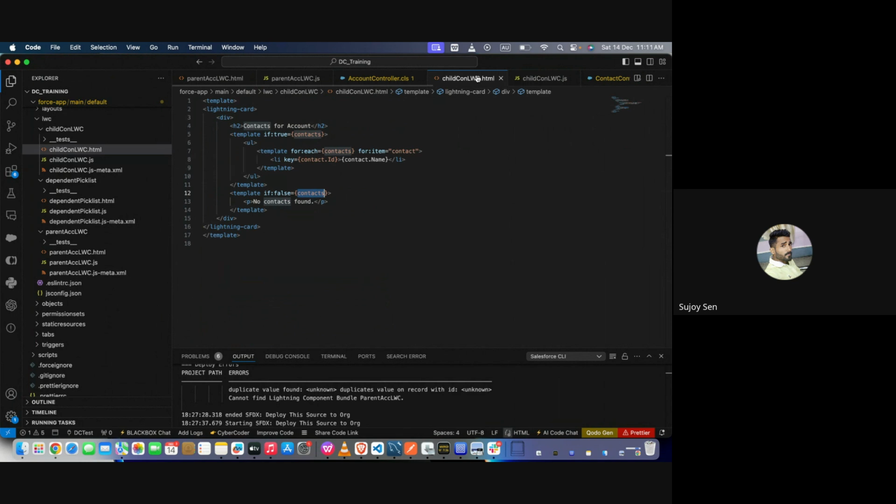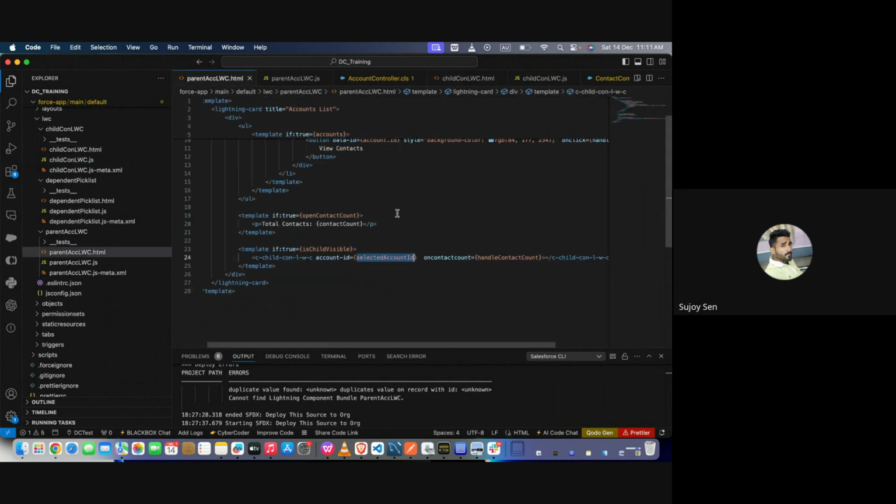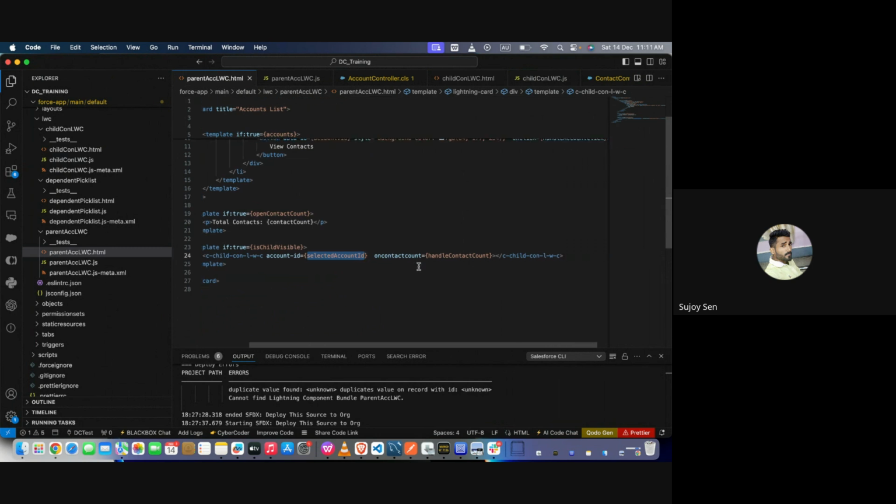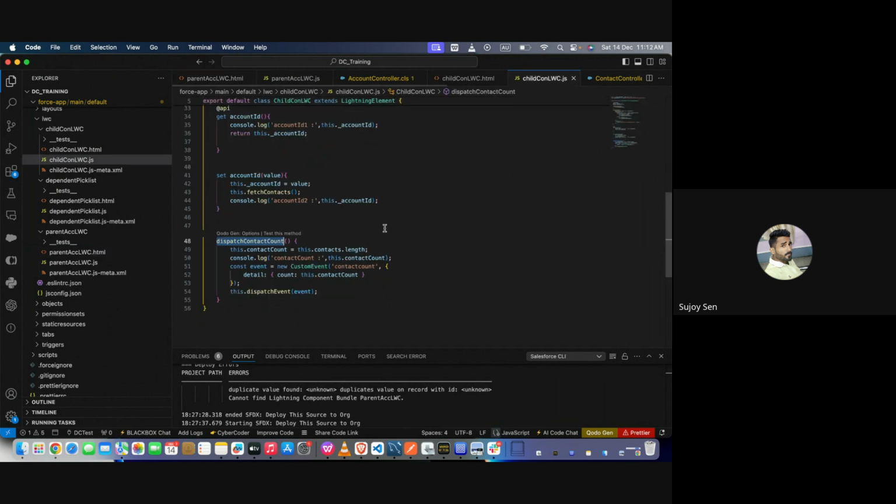Now if I go to the HTML, here you can see the list of that contact, right? Now, sorry, the parent component. So you can see that on contact count, and this is a handler called handle contact count. What is this? I'll tell you. So this is basically a handler, dispatch contact count. In this handler, what I am doing,